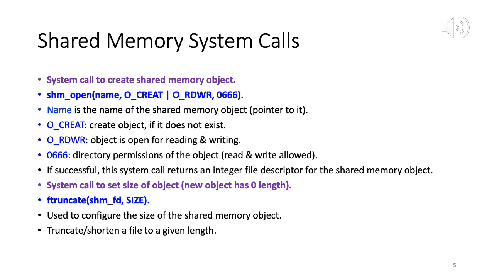So again, you can go to the manual pages, or you can do a simple Google search on shm_open, and you will get the information on it. Okay. So shm_open is the system call, or rather a wrapper function and API to the system call. So what are the arguments? Name. So name is the name of the shared memory object, or rather it's a pointer to it. Okay. So you need a pointer to that shared memory object. So each block of memory we learned in C programming can easily be accessed using a pointer to that memory. So name is a pointer to that shared memory object.